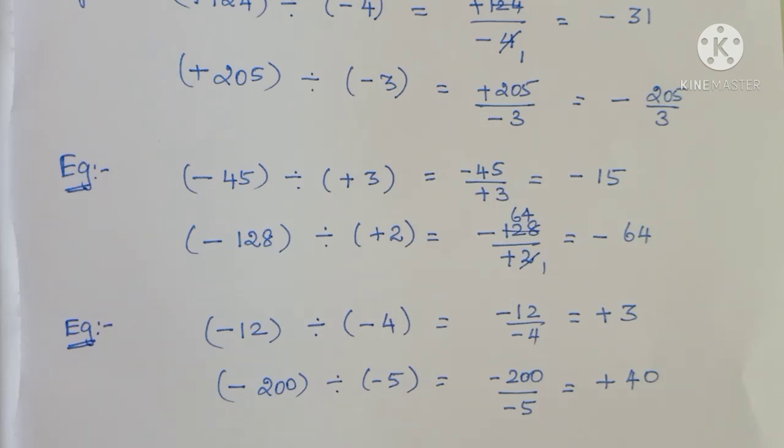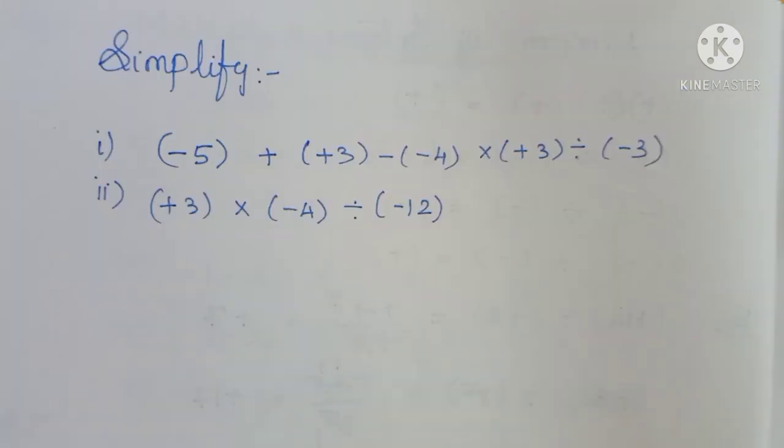So in multiplication and division concepts we are using the same rule. If the two signs are the same and we are either multiplying or dividing, you will get only positive. If one is positive and one is negative, you will get only negative in both multiplication and division of integers. Okay students? If you practice more using all of this, addition, subtraction, multiplication and division, you can be thorough in the concept of integers. So everyone practice well and try some questions with your own numbers, then automatically you can get a clear idea.